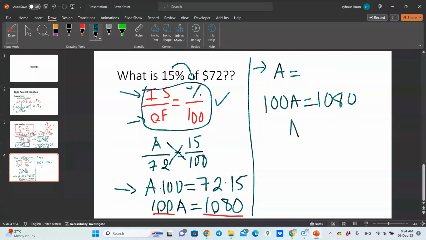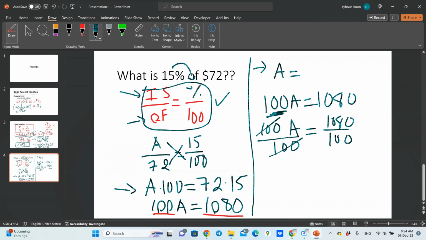We don't want the hundred. So we want to get rid of 100. How do we get rid of 100? We divide both sides by 100, right? Divide the left side by 100, and don't forget to divide the right side by 100 too. Correct? And then this divided by 100 gets rid of the 100, so we only have a. And now the right side, 1080 divided by 100 equal to